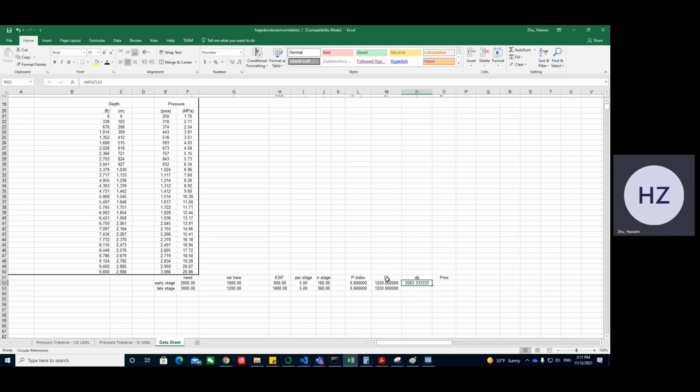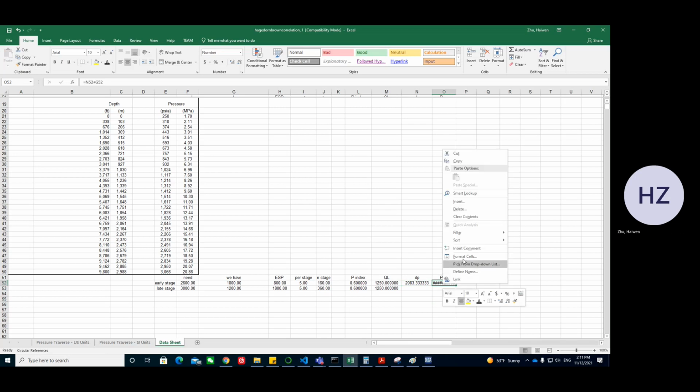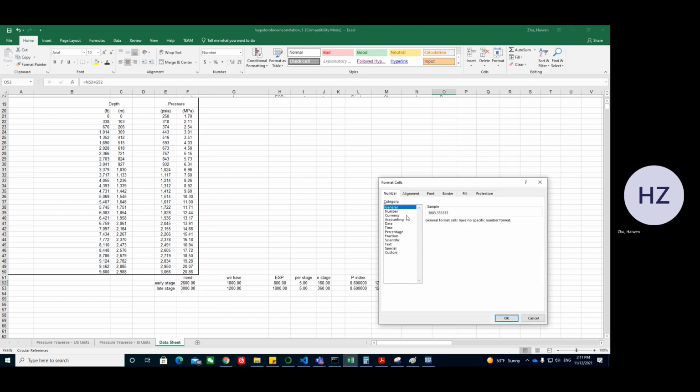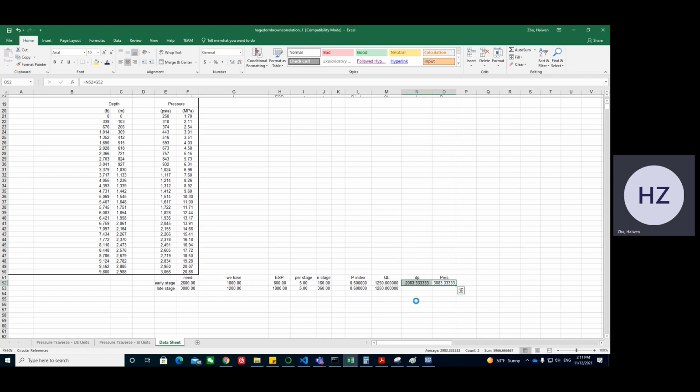So our pressure difference is actually flow rate divided by index, and then our reservoir pressure is pressure difference plus bottom hole pressure. So this is our final number here. So you see our reservoir pressure is something around